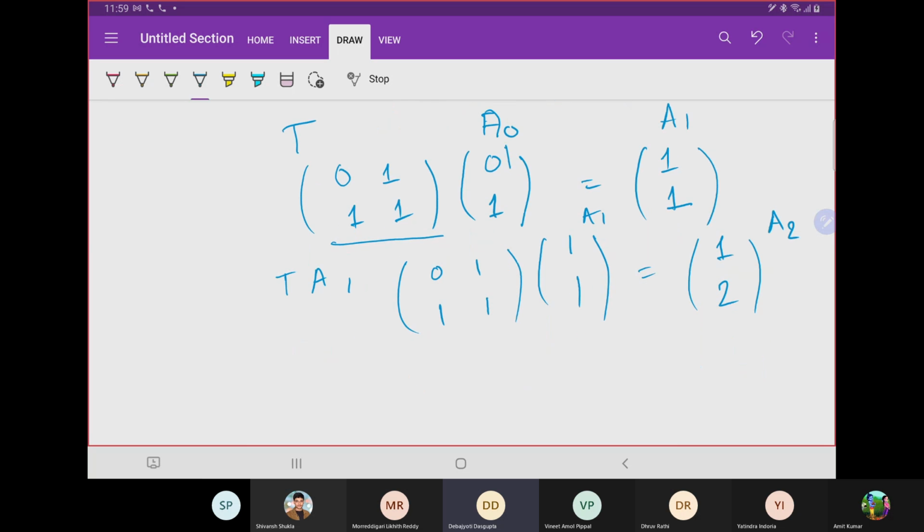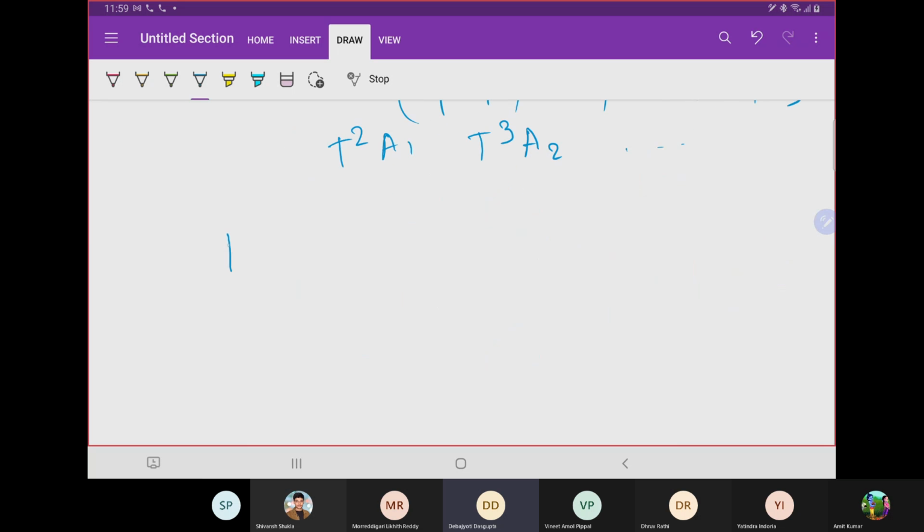So this is basically F0, F1, F1, F2, F2, F3, right? So if we keep on going like this, t power 2 a1, t power 3 a1, we will get the subsequent terms of the Fibonacci numbers. So if I want to find t power n ai,